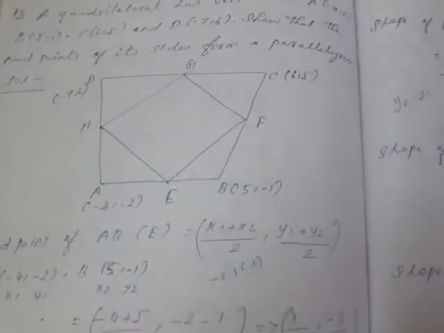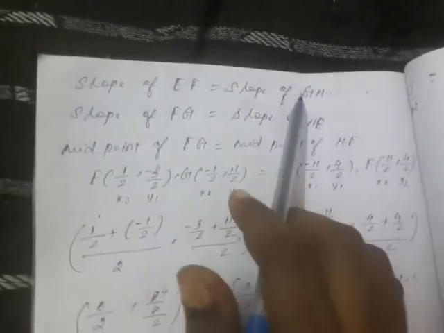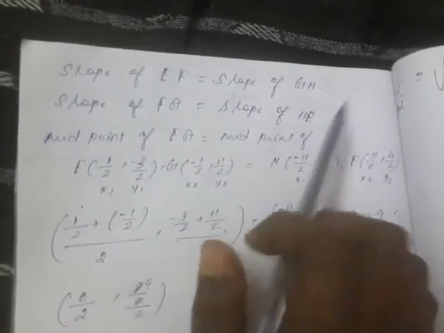So see here. Now which is the parallelogram? EF and HG. What are all values we are possible here? Slope of EF 7 by 10. Next this one also GH. So EF and GH are equal. Next FG and HE are equal. So let's see here. So slope of EF and slope of GH, slope of FG and slope of HE are parallel.